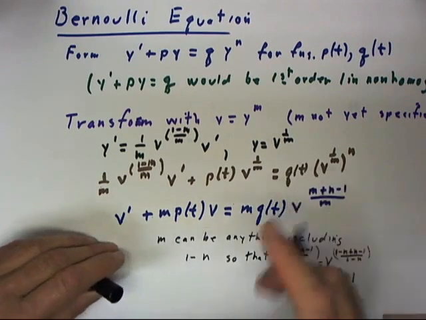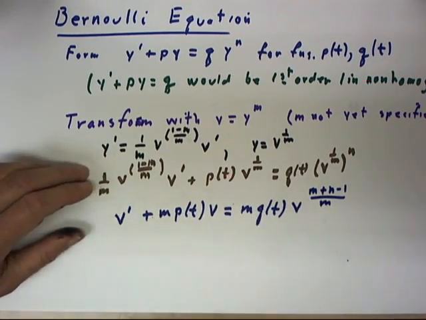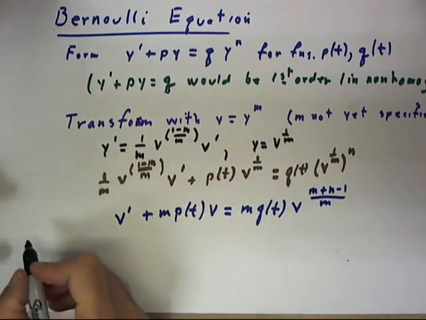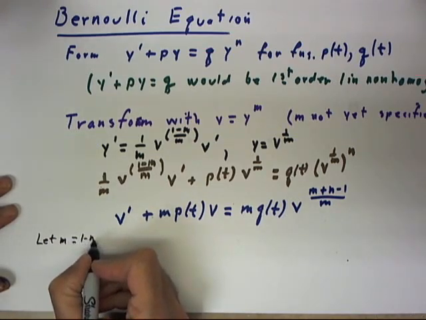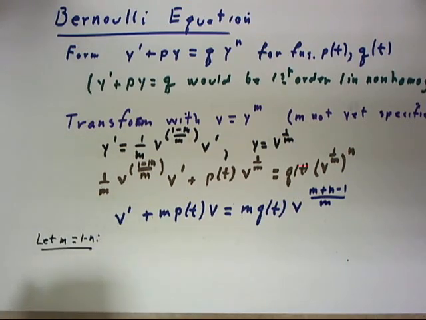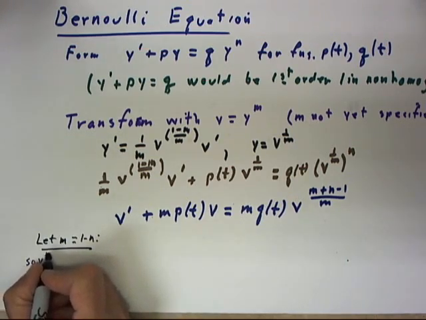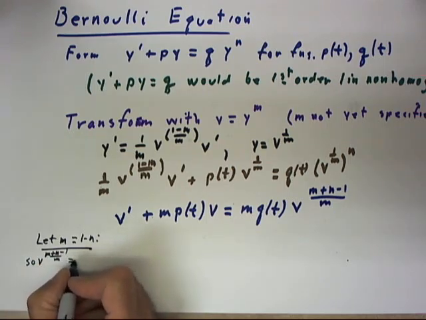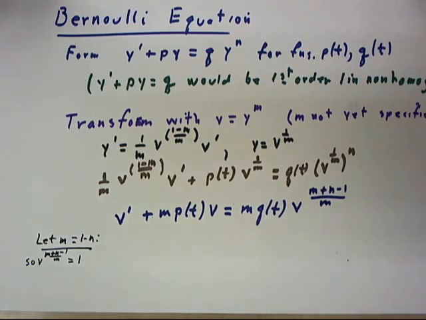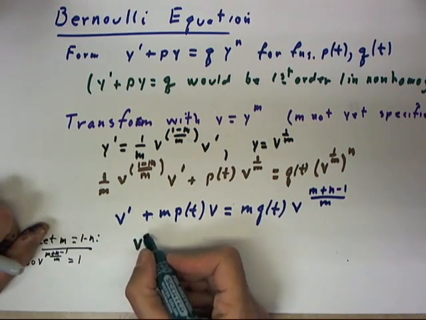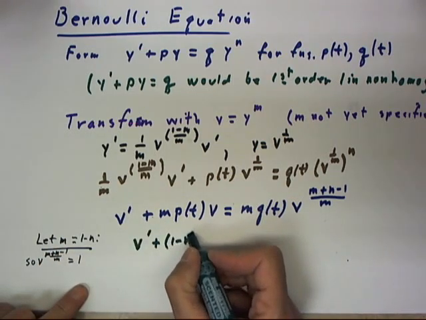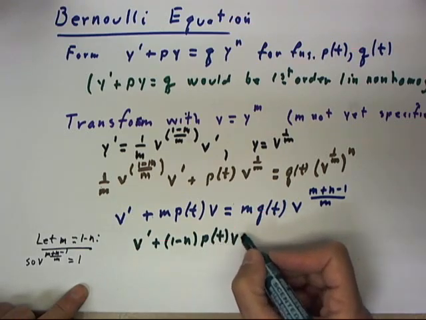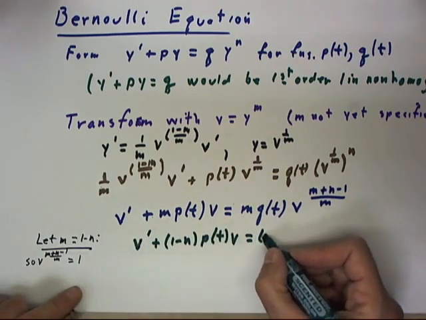first-order linear equation. So we'll just write down, let m equal 1 minus n, so v to the m plus n minus 1 over m equals 1, and our equation magically transforms into v prime plus, now we're going to let m be 1 minus n, so we're going to have 1 minus n here, p of t v equals m, which will be again,